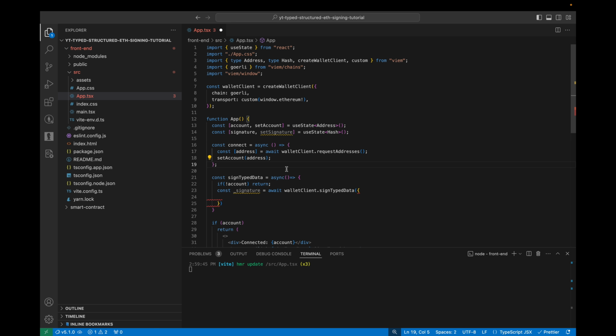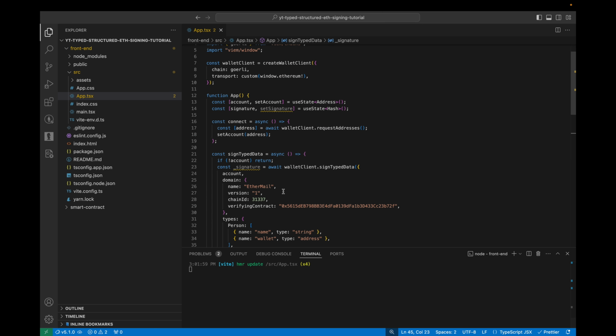And it's pretty long, so I'll just go ahead and copy this. All the code is available in the GitHub, and you can just go ahead and copy it from there, or you can type it out while I talk through it. Okay, so I'll go ahead and copy this. Let's go ahead and paste that in there. Okay, so let me walk through this. So we have the signed data type, and this is the structure for